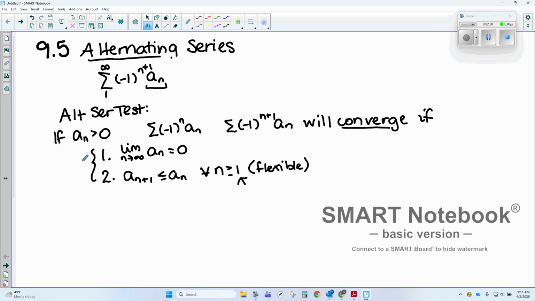However, we sort of have an out with some of this, because if our a sub n's do not go to 0, then even as we're alternating signs, if these guys get closer and closer to 0, even as we hop on either side of 0, positive to negative, that's when we get a convergent series. But if our positive versions of those guys and our negative ones don't get closer and closer to 0, then we can say